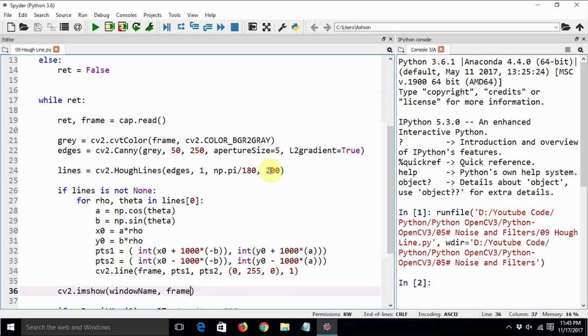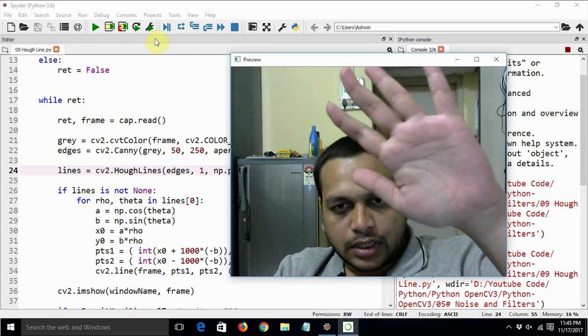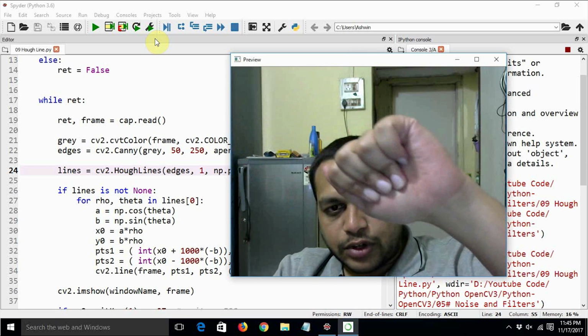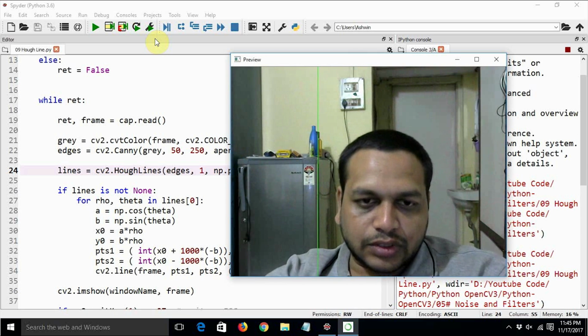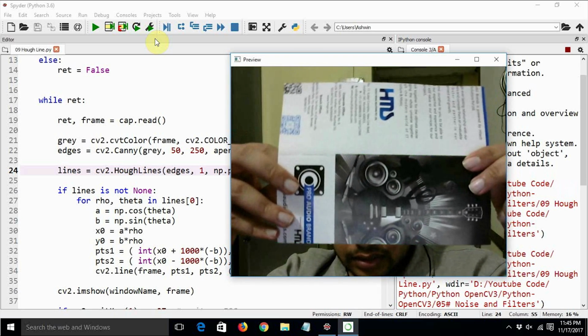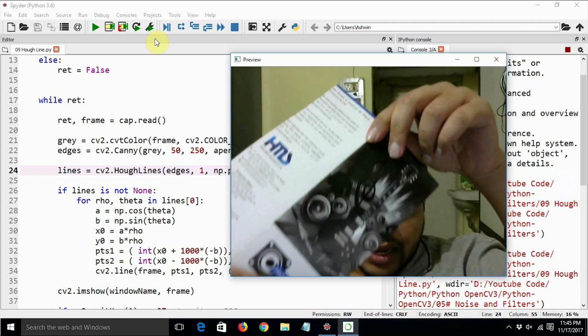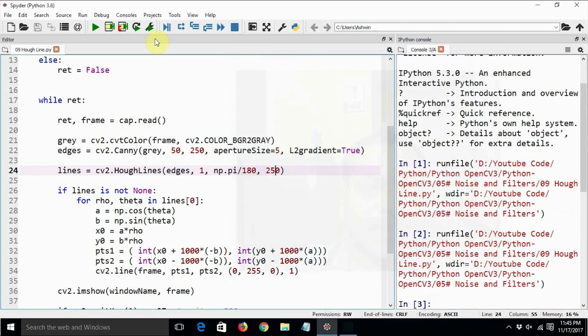So if we make it something like 250, what will be the output? Yeah, so it is actually showing the lines corresponding to my hands. So this is a straight line. Whenever it finds a straight line, it is highlighting that. If the line is not quite apparent, we can just change the size of the line.